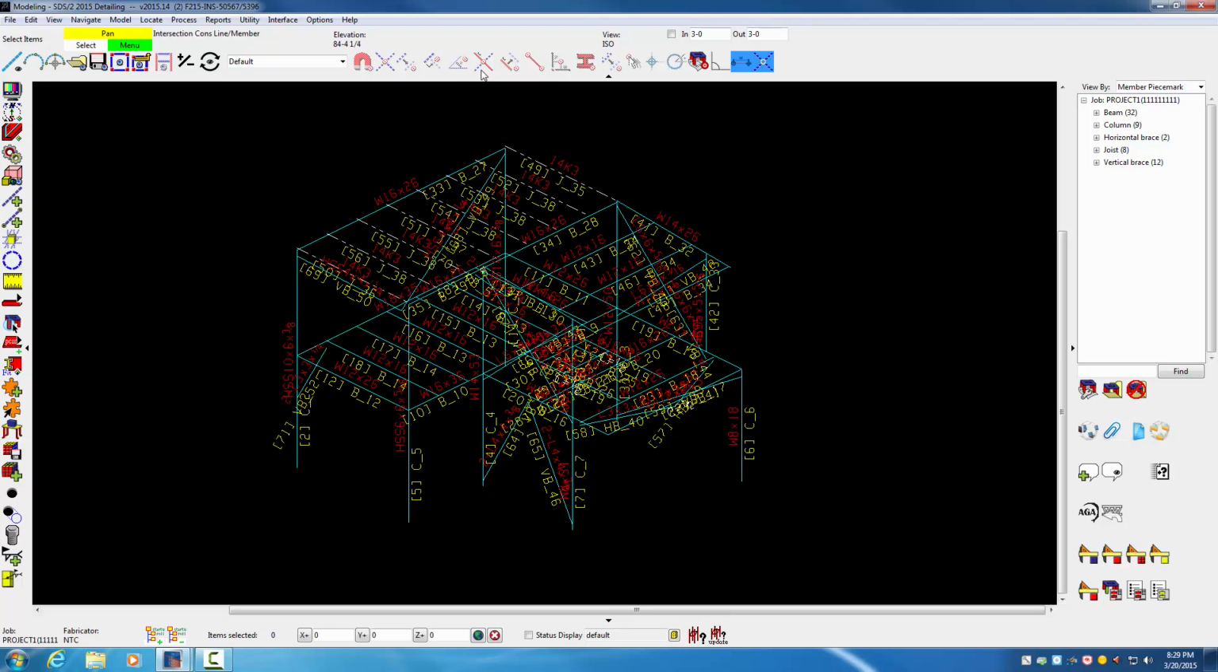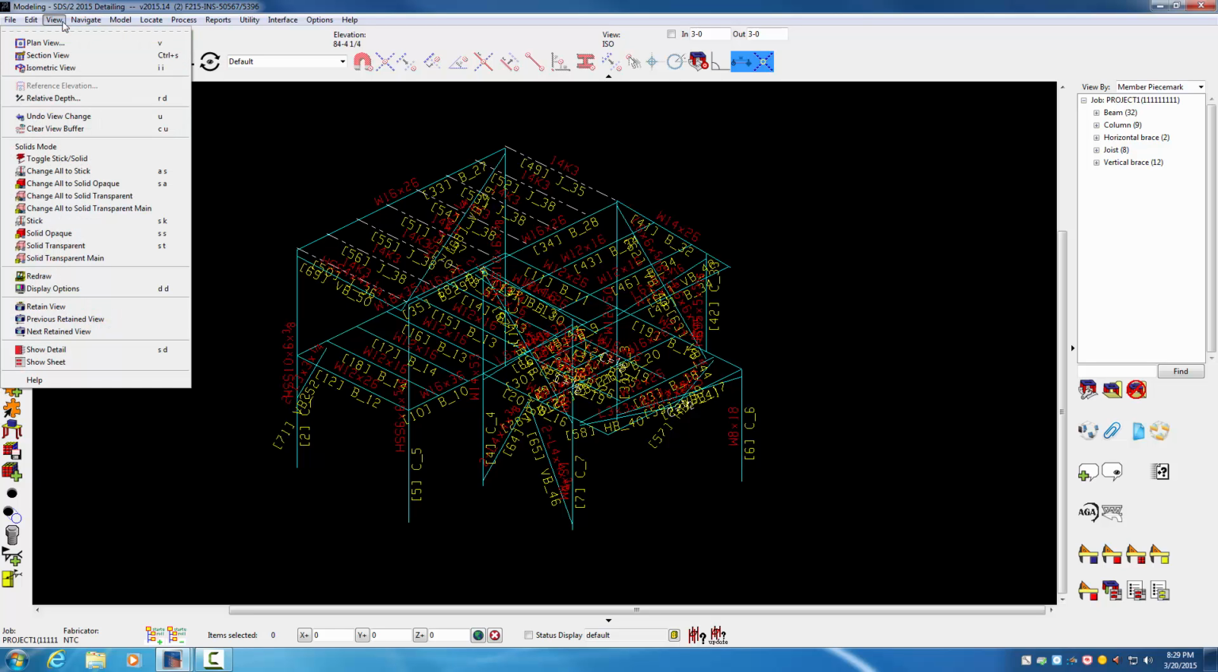So now we're going to get into the three-dimensional part of it, showing it as solid. So here we have a couple options. Again, as we went through the pull downs before, under view, you can see toggle stick solid, change all to stick. So all stick is AS, all stick. Change all to solid opaque, and so on. So let's go to change all to solid opaque,